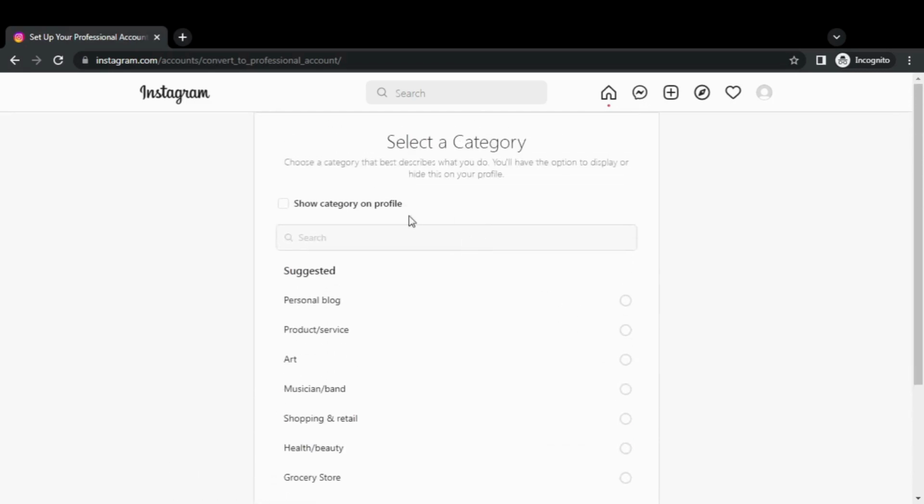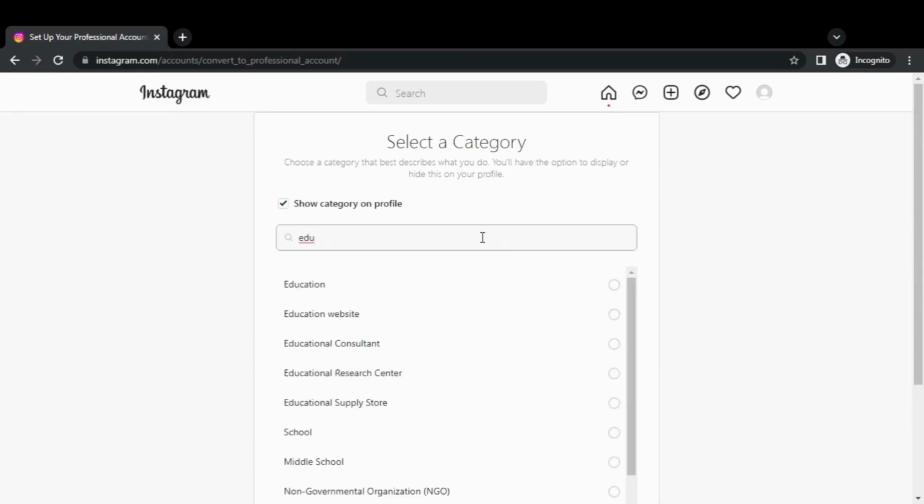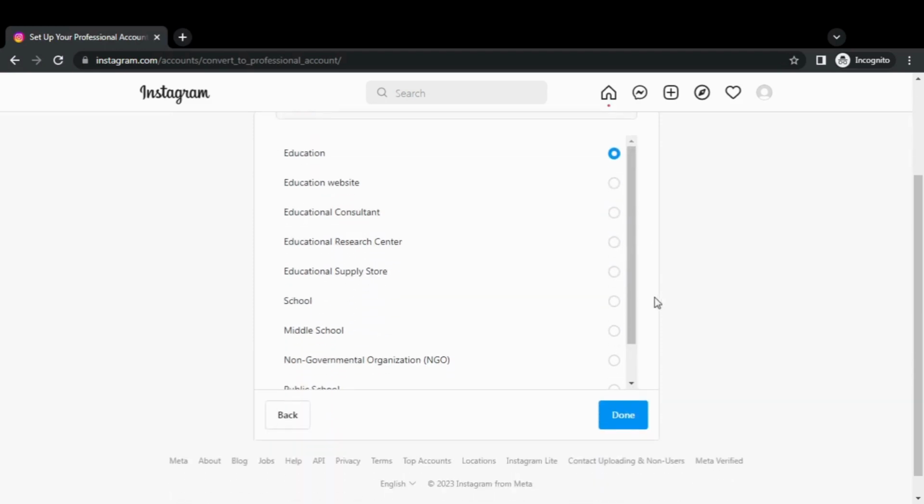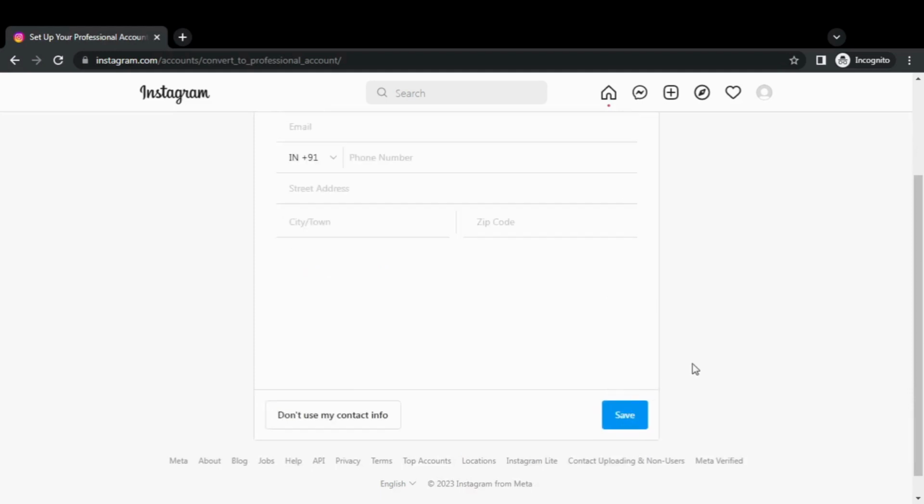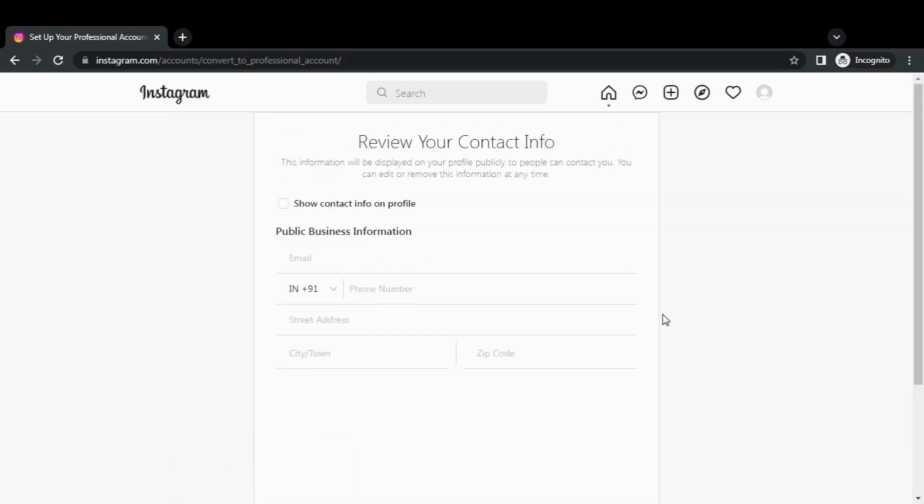Now, it will ask to select the business category. Under this, search for education and select education or education website option. Once you select the business category, click on the Done button to complete the process. Once you click on the Done button, you will be redirected to a new page too, and it will ask